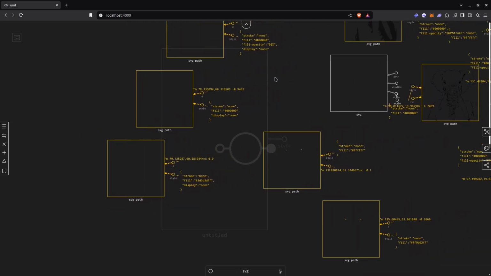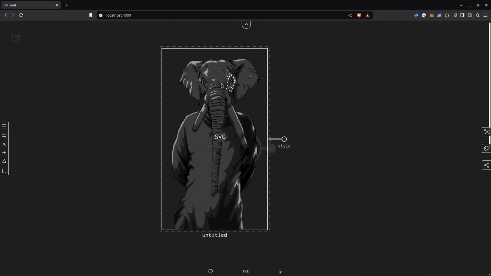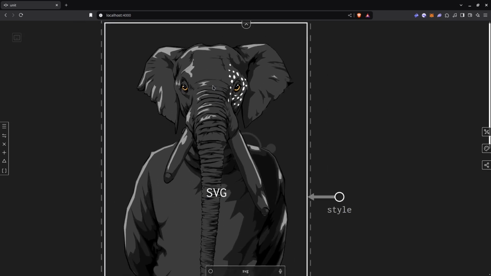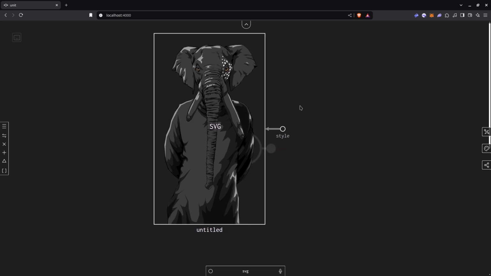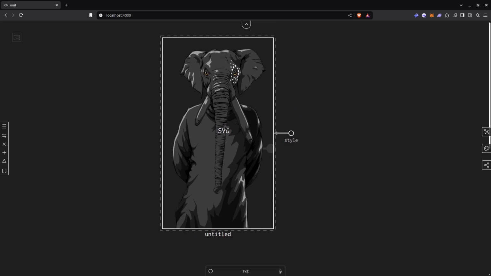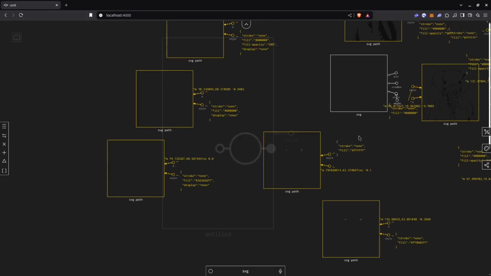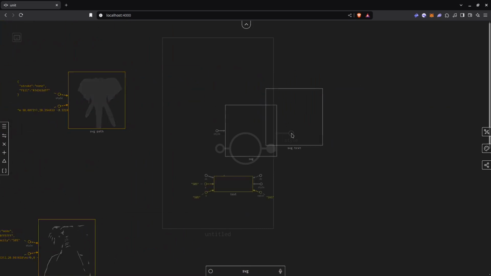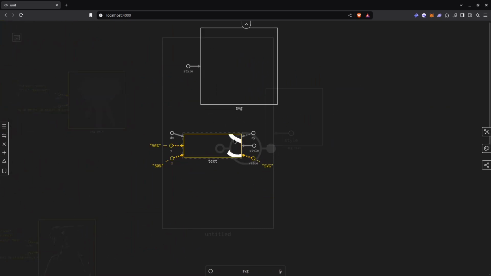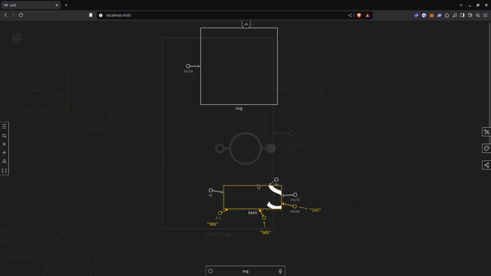So if we now zoom out and look at the image again, you'll see that our character now has the eyes open. And I've set those three aside so that in future exercises, I can try and learn how to make this guy blink. But for now, we'll just settle for animating this text. So let's get in there, find the SVG text, and you'll see this is the thing that